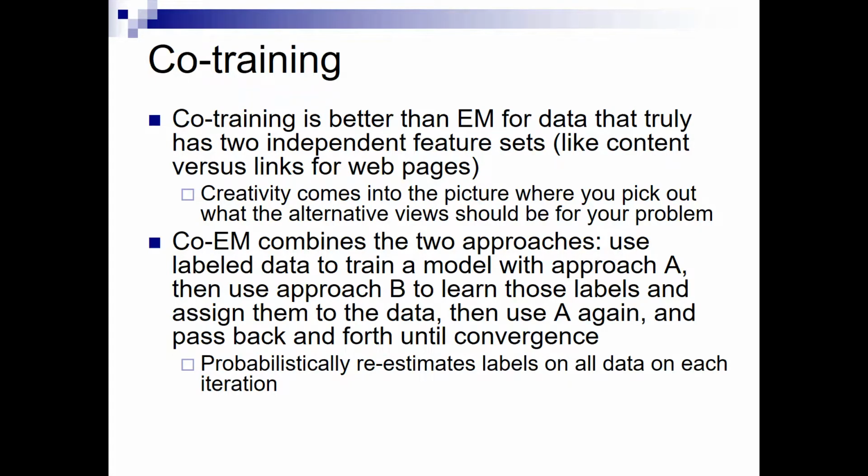Okay, so there are tweaks on co-training, and co-EM is one of those tweaks. It combines co-training with expectation maximization, basically the EM clustering that we've been talking about. The idea here is that rather than adding one pair of examples from each model on each iteration, you do one round of self-training with one feature space and then one round of self-training with another feature space, and you iterate.